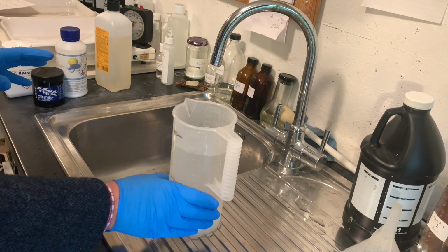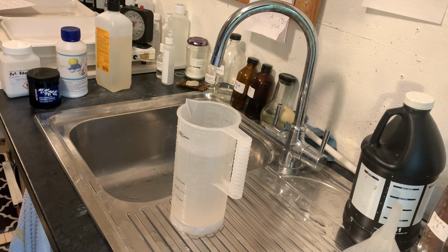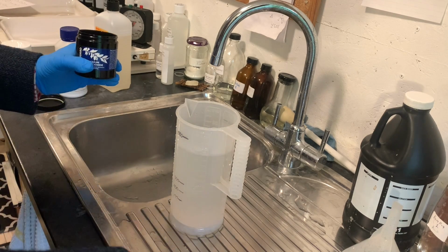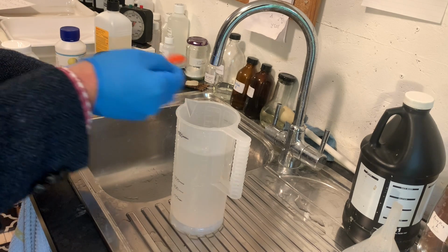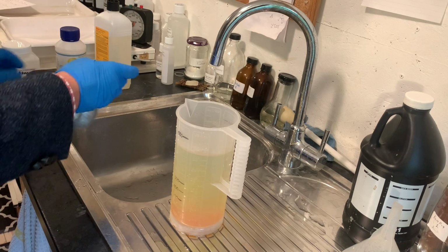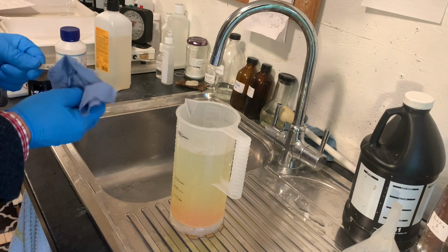So there I have water. I put about 800 mils of water into this jug here. I'm going to make sure I've got a piece of paper here to dry something in a moment, and I'm going to put in 3/4 of a teaspoon of ferrocyanide. I've got the door open so that we're safe from any fumes from these chemicals or dust. I'm going to give this spoon a rinse, make sure there's none of that left on there, and dry it with this paper towel,